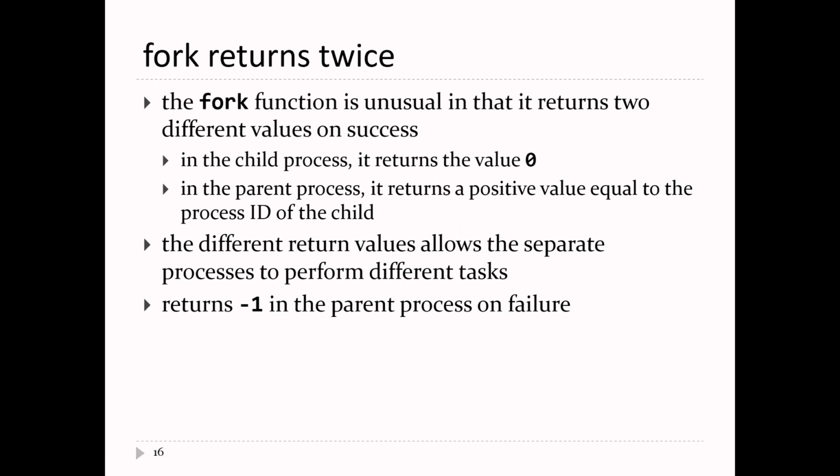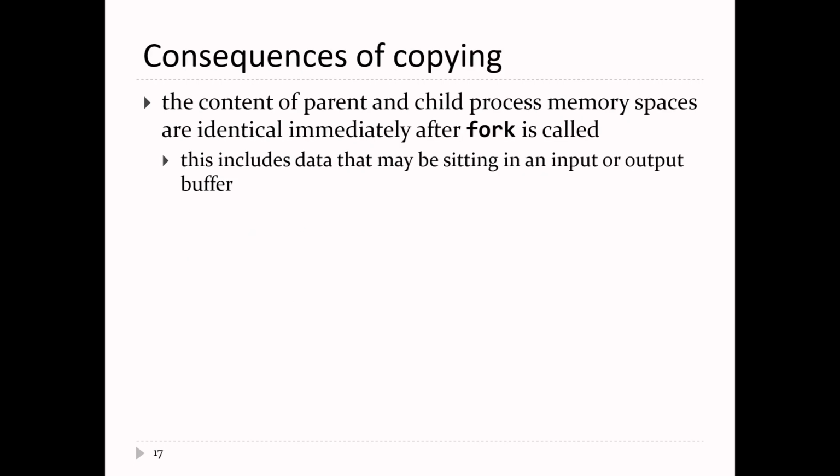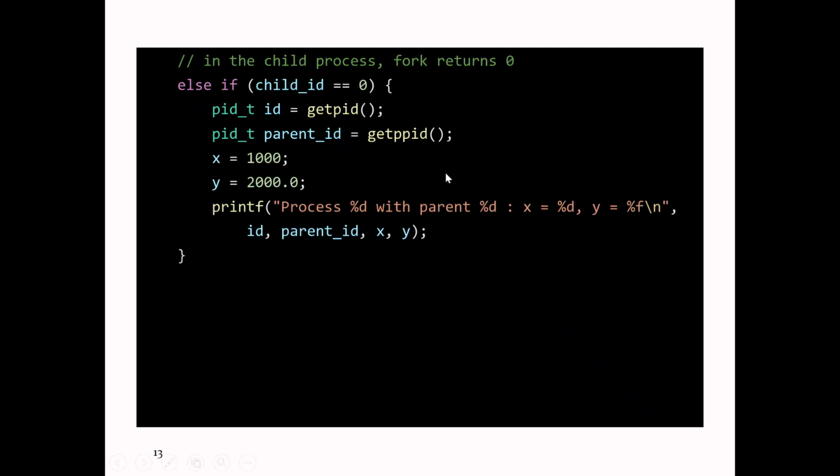Okay, so fork is a bit odd in that it returns twice. Most functions that you use in C only return one value. Fork returns 0 in the child process, and it returns some non-zero value in the parent process. So the parent process gets the ID of the child process that's created. The child process, there is no process created, so it just gets the value 0. And the two different values allow you to figure out which process is the child process and which one is the parent process. Right? So that's why back here,